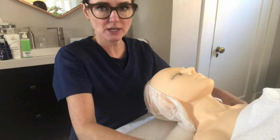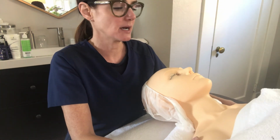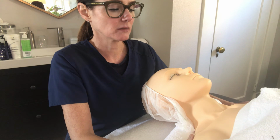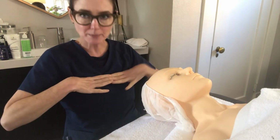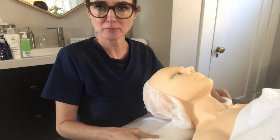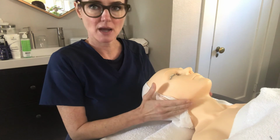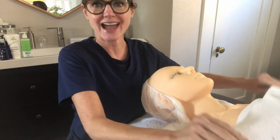So, or you can do underarm, leg, bikini, whatever you want to do on that end. So what we're going to do here is we've given her some privacy, and she's in a robe and a drape in her disposable undergarments. I have a roll towel that I've placed under her head. I have put a hairnet on her to keep her hair out of her face, eyebrow area, and lip area, so we can do that. For now, I'm going to go ahead and take